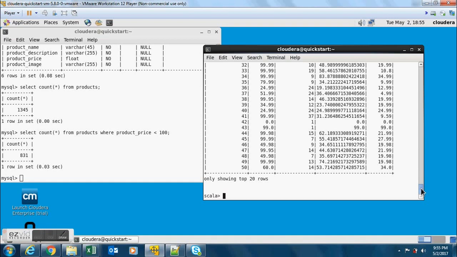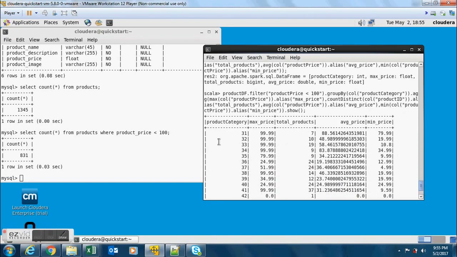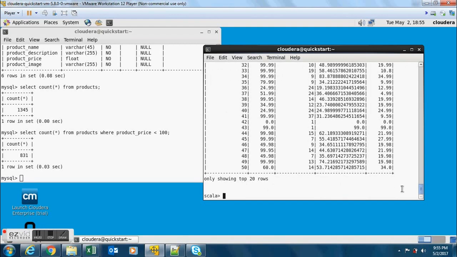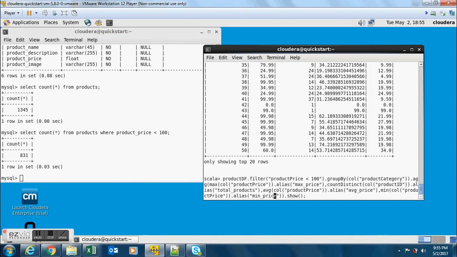Okay, as you can see, we got the result. However, even though we have the column names and everything correctly coming as per our desire, the formatting of the average price is not in a desired way. For any amounts, we would need at max 2 decimal places. So let's try to use a round method in order to chop off the remaining decimal places and just get the first two. So I'm going to round it to 2 places,